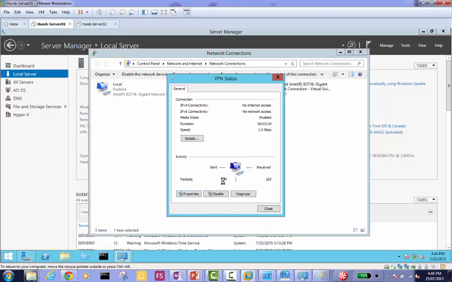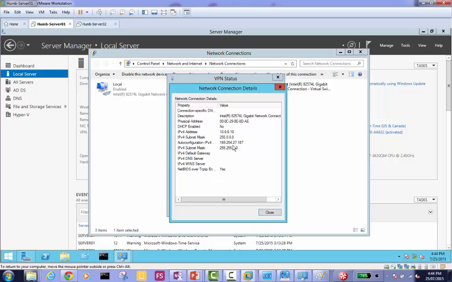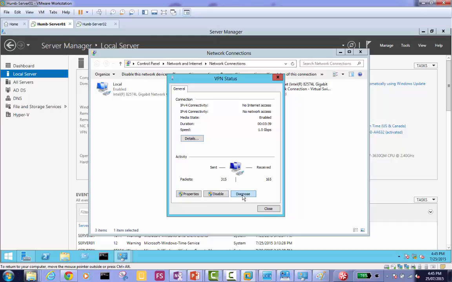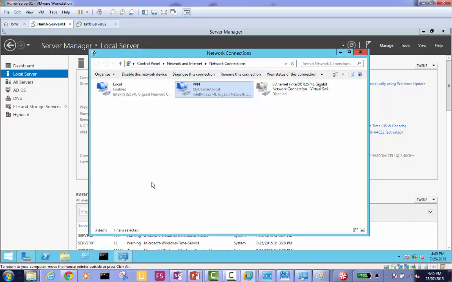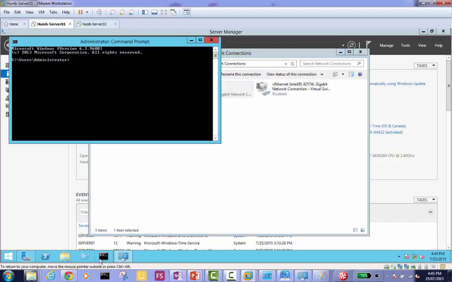Press OK again. If I go to details, I see 10.0.0.10 and 255.0.0.0, and auto configuration is there, which is not supposed to be there, but let's see if it creates any problem. Because I gave it a static IP, I don't want any auto configuration. I'll run ipconfig /release for anything bound to that.